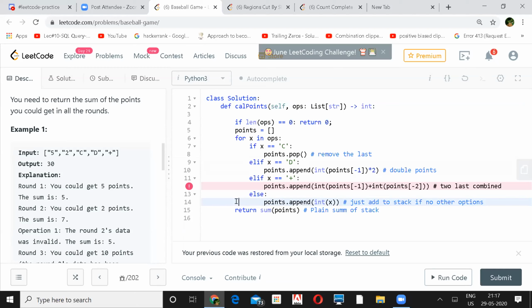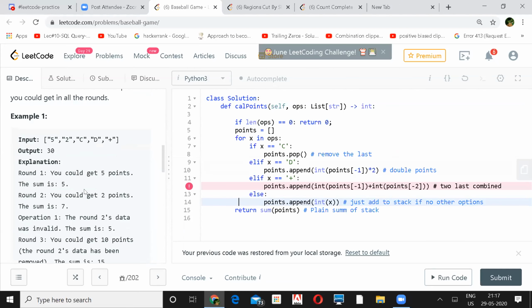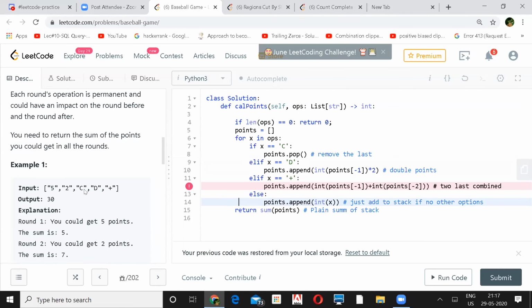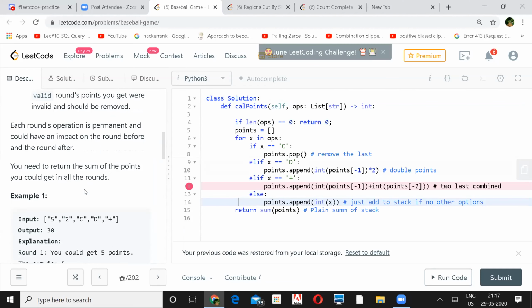They may not even give the examples, or they may give you a very ambiguous example, which will not tell you the edge cases. So that is the main problem we may get, and we have to prepare accordingly.